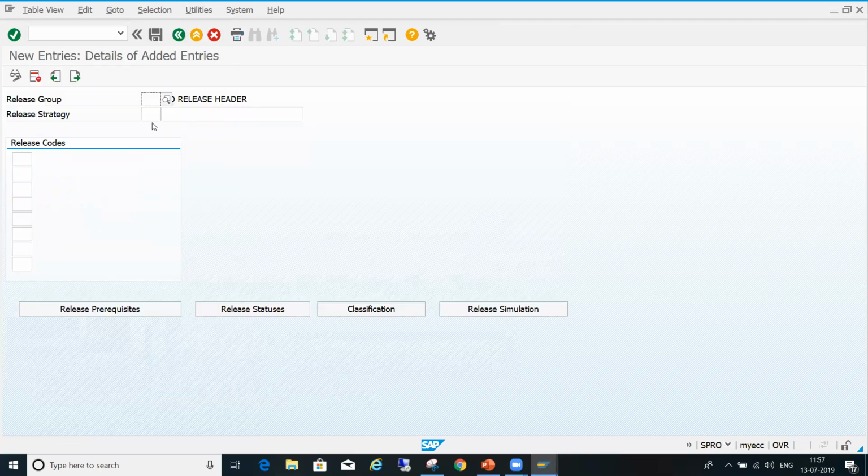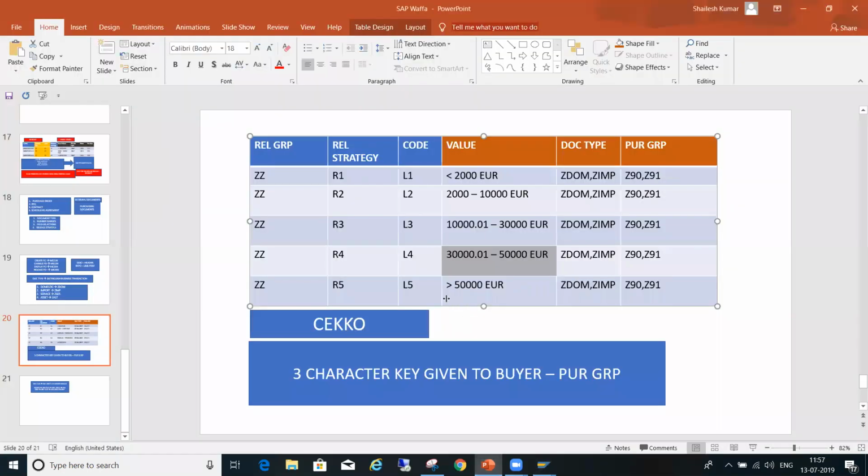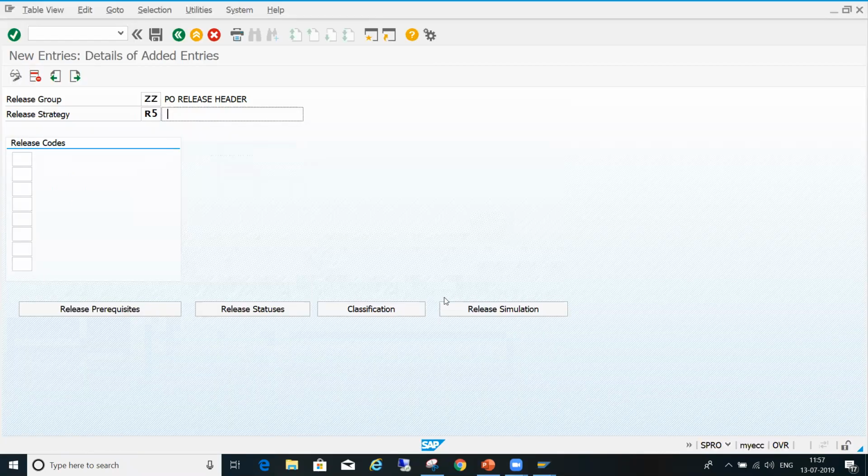Come to the new entry, fifth level, R5. What is this slab? Greater than 50,000. So here L1, L2, L3, L4, L5, fifth level.